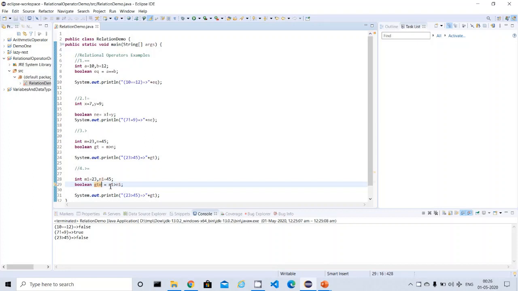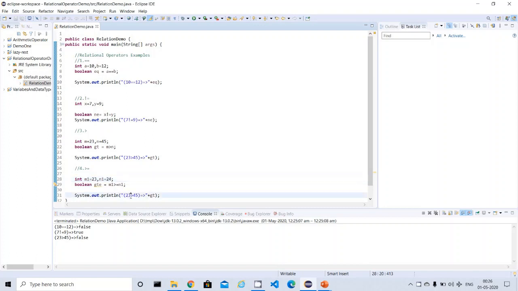I'm trying to compare whether the left one is greater than or equal to the right one, right? I will try to give a similar value. So what will happen? Right now, both the values are equal, right? So instead of equal, let me give a greater value.